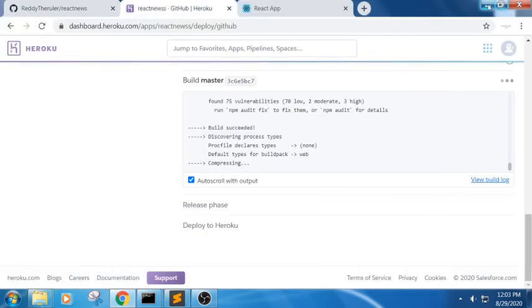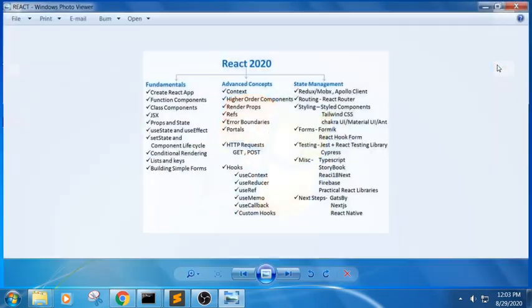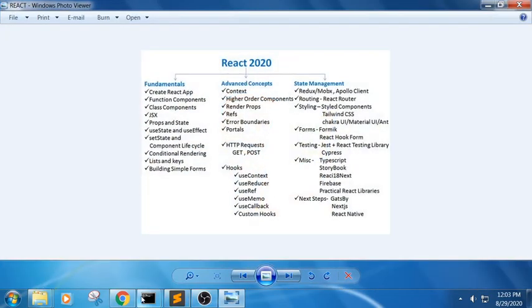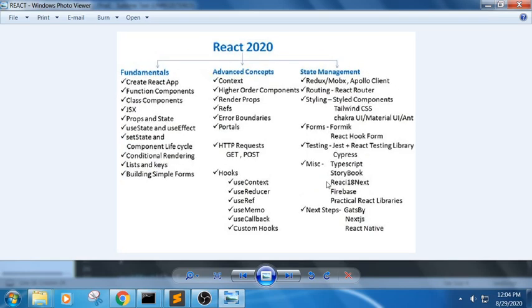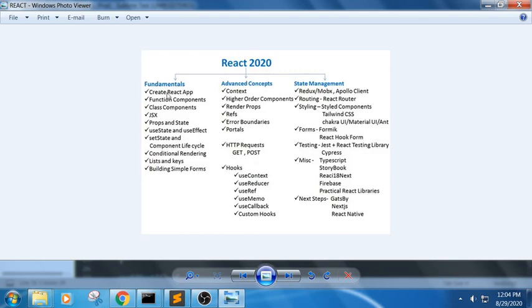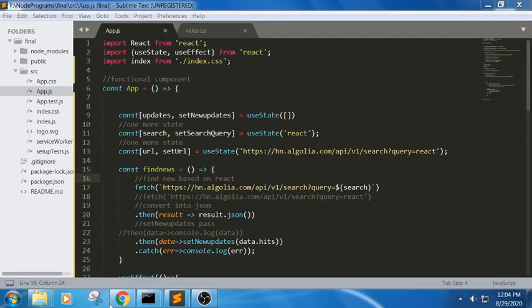My agenda is to cover these concepts next. We have covered the first concept and the second part, and in this we need to cover get and post, and next I will start with the third, state management. We have covered the first 2 parts of React, and next we will try to cover the next part.